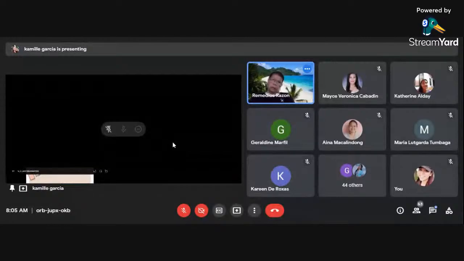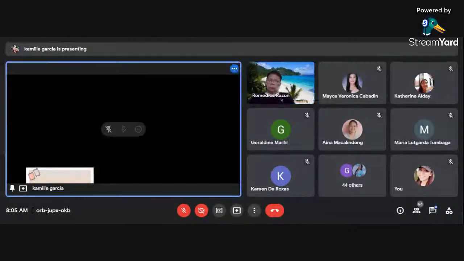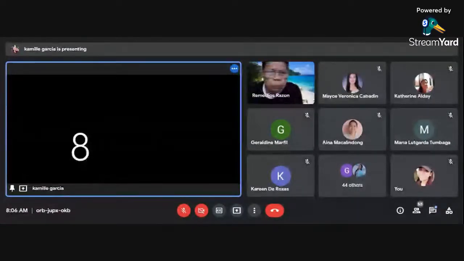So, let's have a recap po. Yung first one po is share their vision. A leader with a vision has a clear idea of where they want to go, how to get there, and what success looks like.